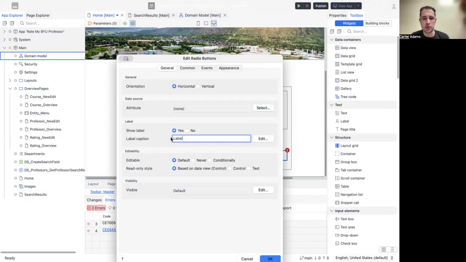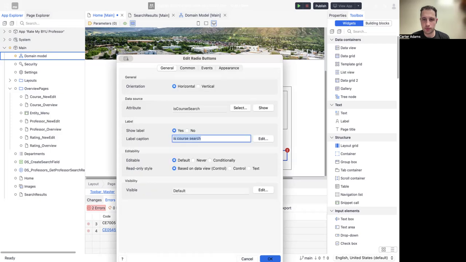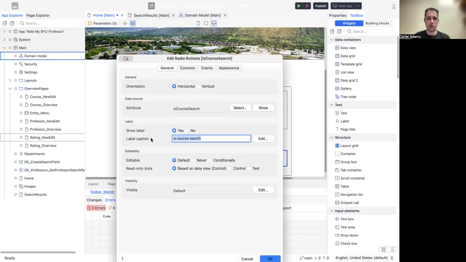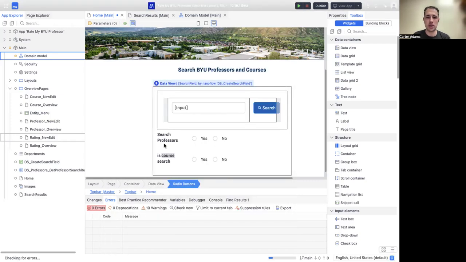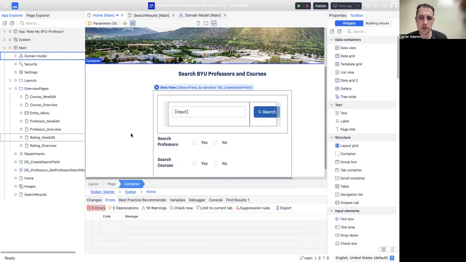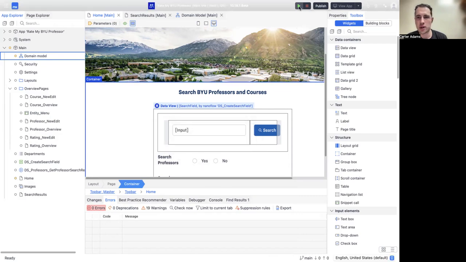And now if we click back into this radio button right here, we can then set this attribute as is course search. And there you go. You can see our errors are all gone. Let's change the label as well. So just search courses. Okay. There we go. And now we have these options. So let's start up our server and we can just look in the browser to see how this